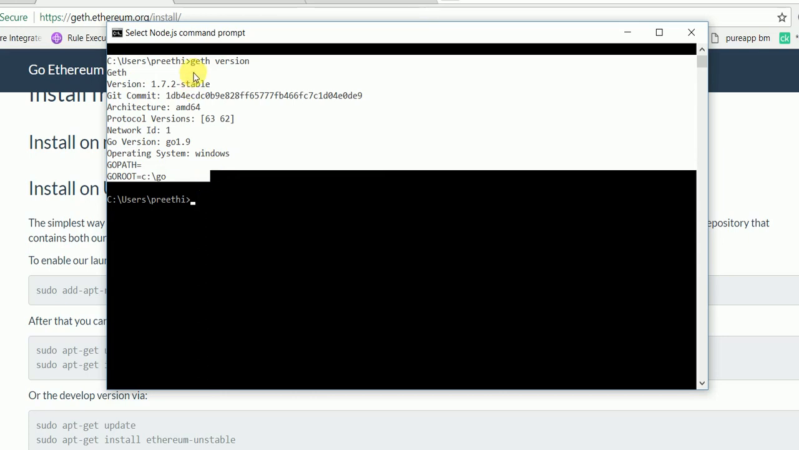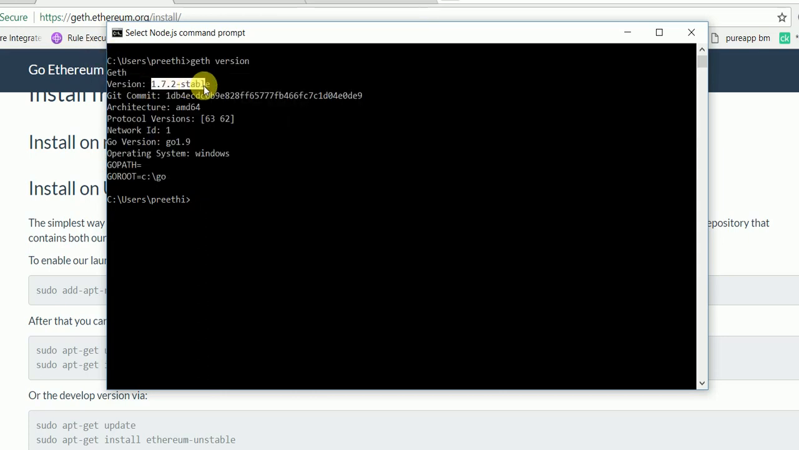I installed Geth very long back, so my version is 1.7.2, but now I think the latest version is 1.8. When you install the latest version, you will see the version you have installed in these details. The next step is we are going to see how to create a private network, a private